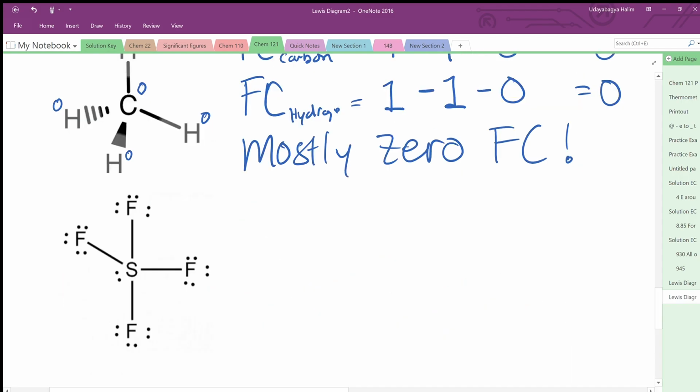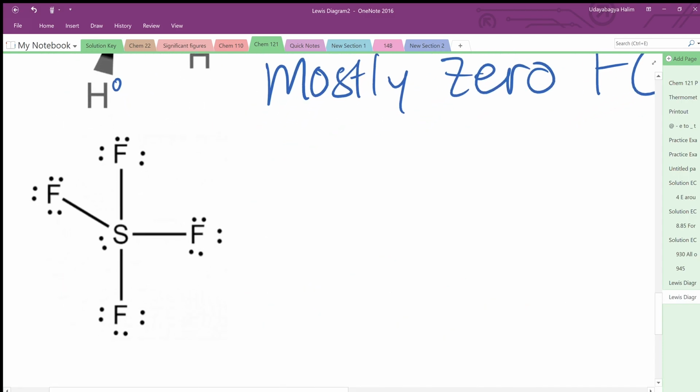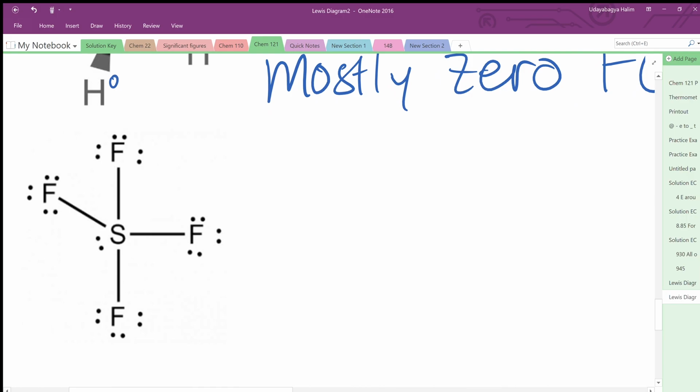So let me do another example. Let's do SF4, because I think SF4 is one of the examples that I haven't done. So the Lewis diagram